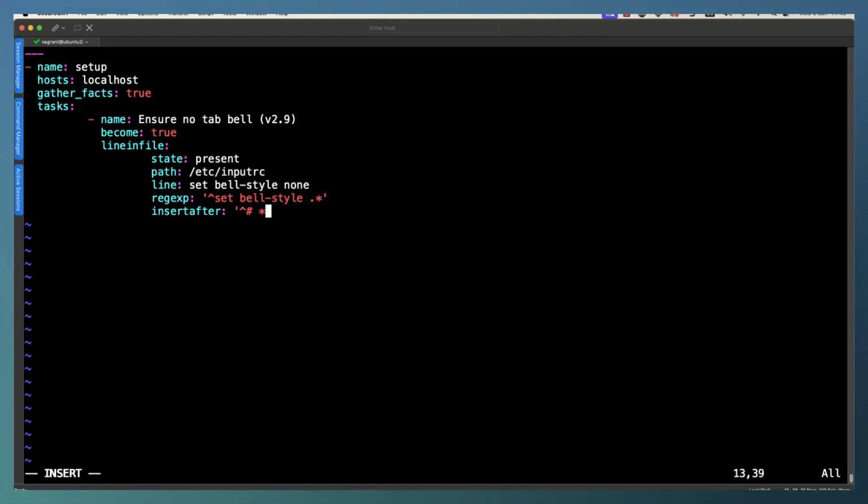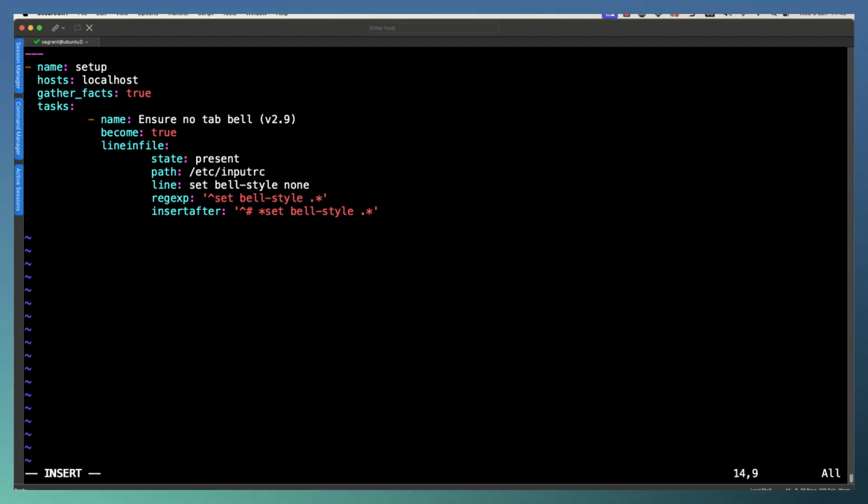So we can put our comment, space, asterisk. The asterisk applies to the previous character, the space, and says that we can have any amount of them before we then have set bell style. And again, we don't care what comes after bell style. So we can specify our space, dot for any character, and then asterisk for any amount of those characters, and close off our quotes.